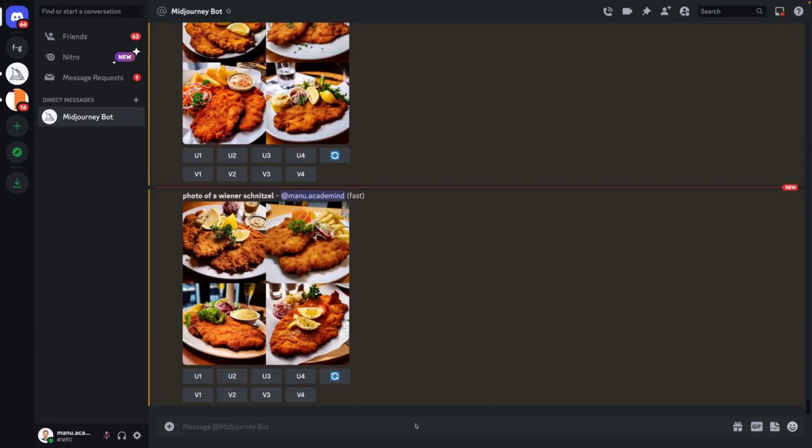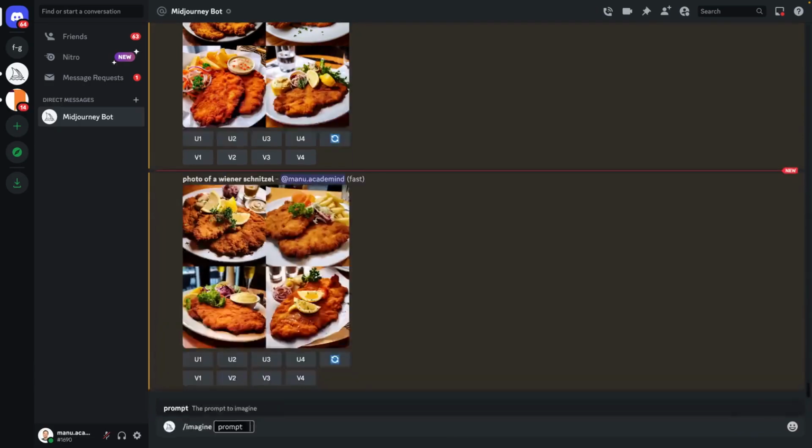If you're rather an artistic person that likes art in general, then Midjourney is also an amazing tool because it allows you to easily turn images into a certain art style. Let's say we want to have an image in pop art style, so this fancy, colorful style, basically.